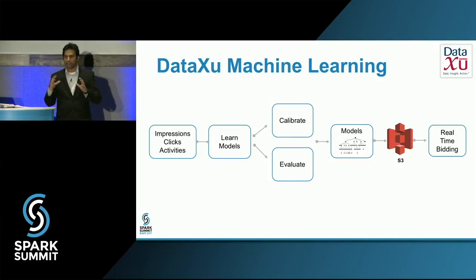Now, using all this data, we have this huge join that joins all the ads we show and all the positive intent in the market. And we generate a large machine learning data set where for every ad, we know if it was positive or negative, just like any machine learning algorithm. We feed it to our machine learning training job, and it generates machine learning models for each of the campaigns